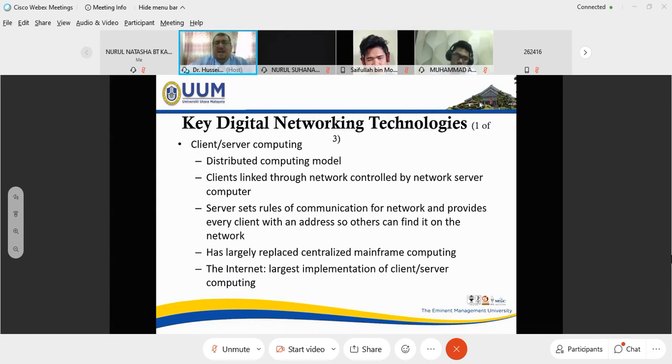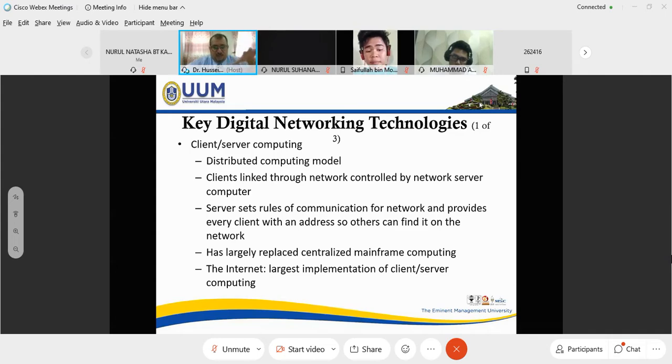Previously in architecture, we explained client server computing. For example, like our lab in HTML. How many computers are in the lab? 40 computers. Those computers are clients. And we have only one server in the corner there, the black one. That one is the server. So those computers are connected to the server. This technology we call distributed or client server computing.